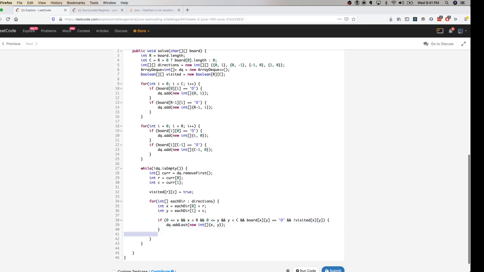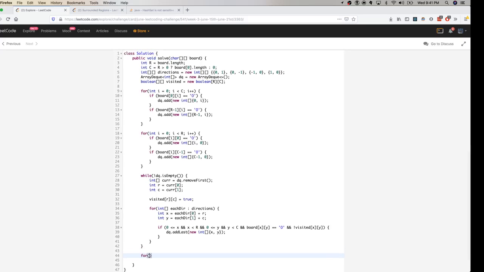Okay, so now you have recorded all the possible positions of O's inside this visited array, right? So now what I'm going to do is iterate through the whole board and convert it into all X now. A quick way to do this is the Arrays.fill function, which is a static function in the Arrays class.